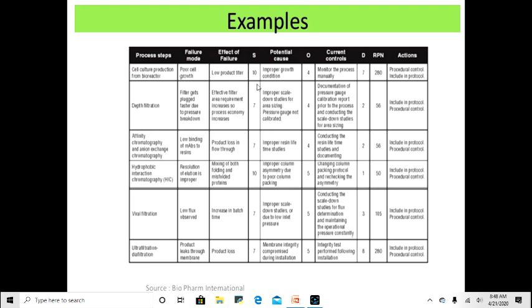What is the reason for this? That is the potential cause, right? Improper growth condition, that is, the hormones may not be right, the media may not be added properly. So occurrence, how frequently it is occurring, is 4. So how do you monitor? You monitor the process, that is how much media is added, how much hormones are added. You're monitoring or inspecting before adding, so you can control it. The detection level here is 7, so your priority number is 280, which is high again, which is medium.